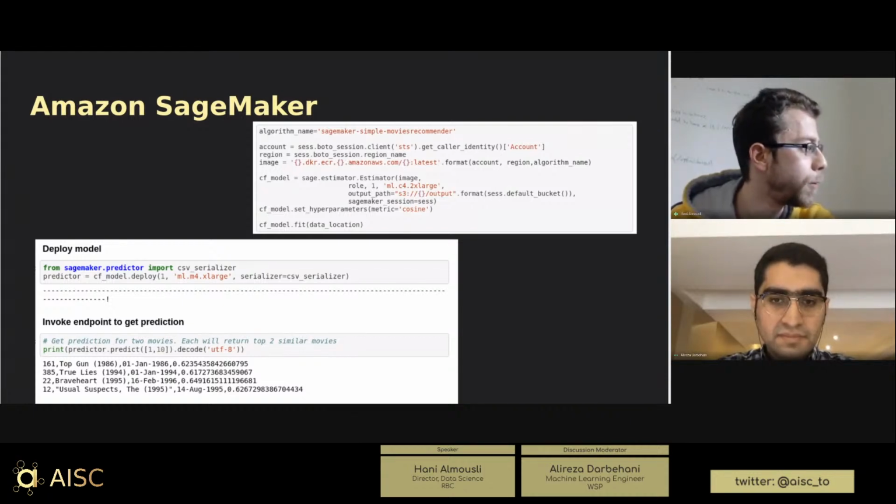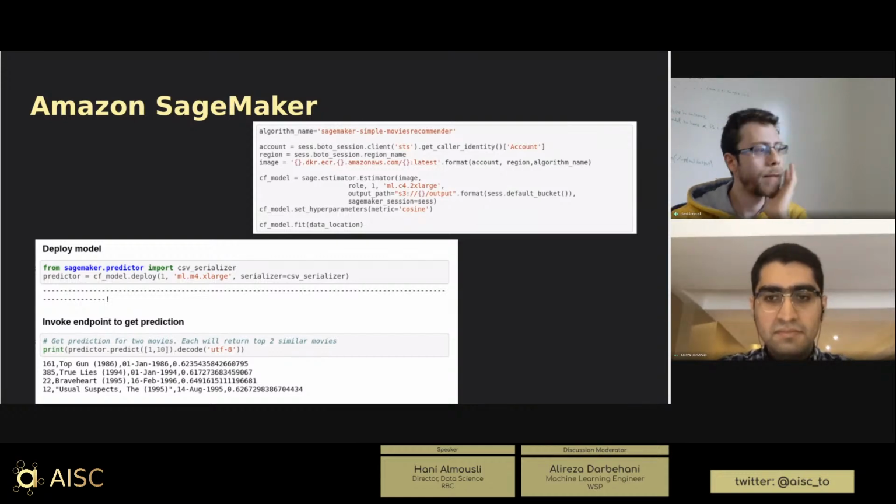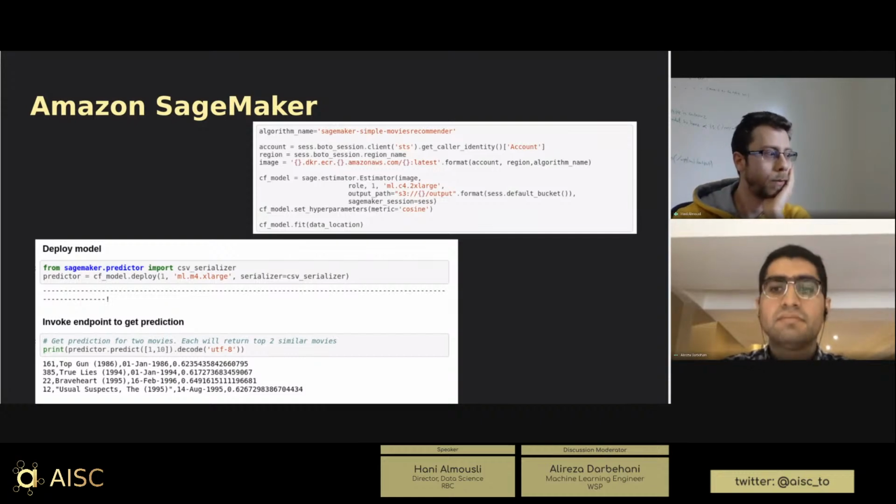Let me see if I can open the actual solution. At the end of the day, if there is, for example, an exception, I can see it on my other screen that you can use the sys package. You say sys.exit and you give the error code of 255, and that will make SageMaker aware that there was an error running your code.